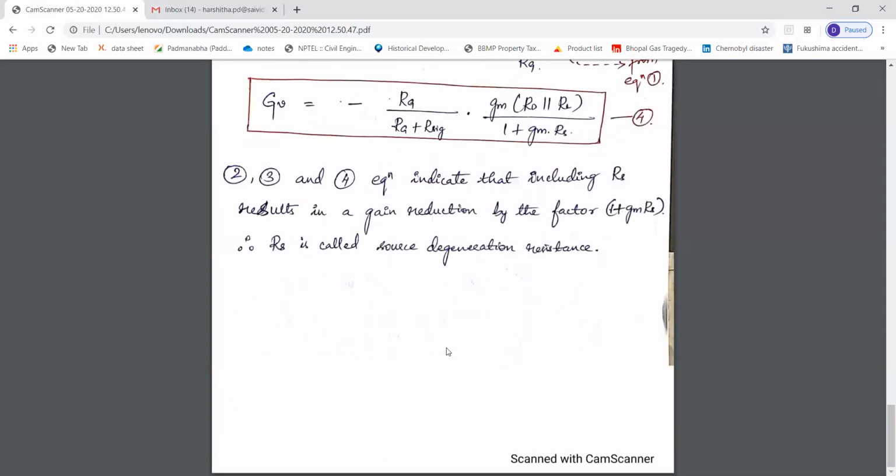So this is about the common source amplifier with source resistance. Solving one problem each from the common source amplifier without source resistance and with source resistance will suffice for the preparation of your examination, so don't worry much about it. I've solved the problem in the notes. Just go through it. It is just substitution and calculation of the values, so it is very easy. Okay, in the next session we'll continue with the second